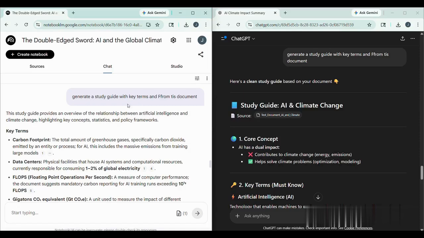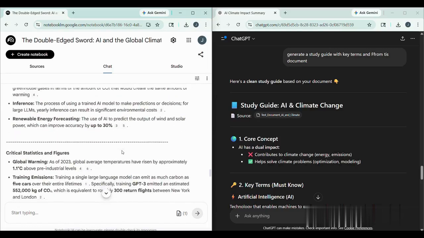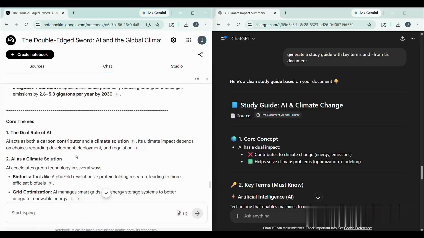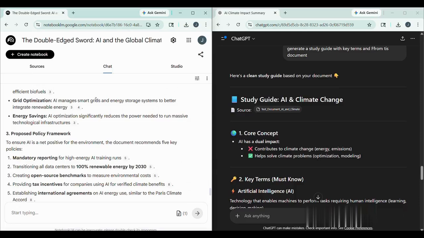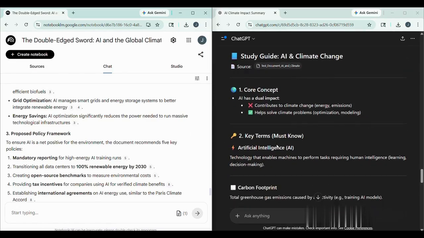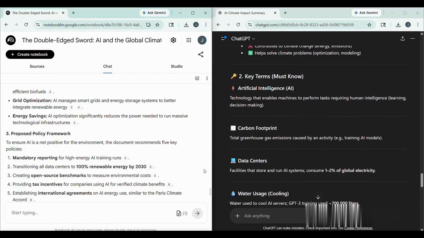Once I've given the prompt in Notebook LM and ChatGPT, you can see Notebook LM is giving me key terms, the critical statistics and figures, core themes, and I also have a save to note option here. There's a one-click study guide button and it generates everything: key topics, FAQs, glossary, timeline. It's insane how good this is. And ChatGPT also makes a great study guide if you prompt it well, but you have to know how to ask, right? And then Notebook LM,